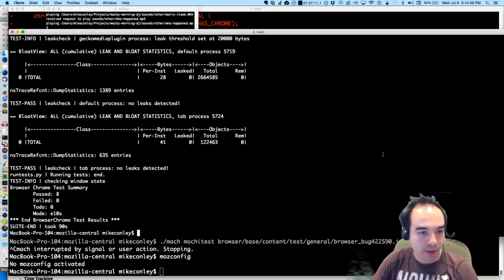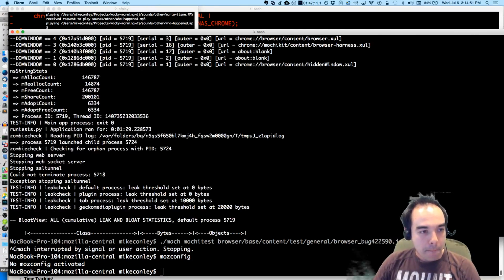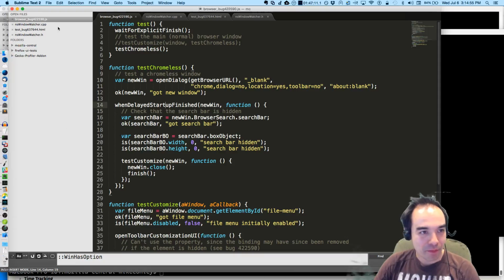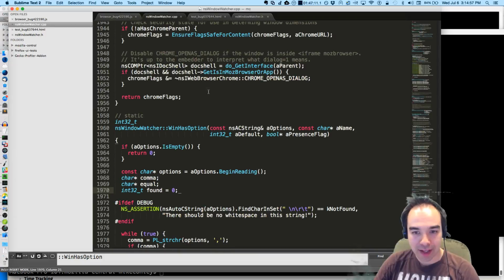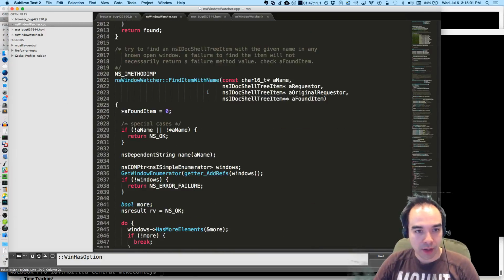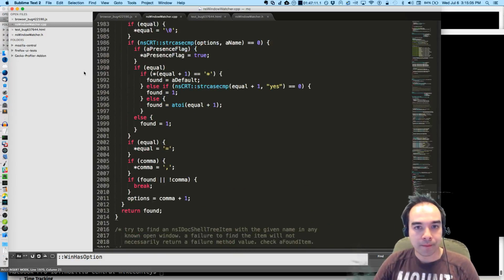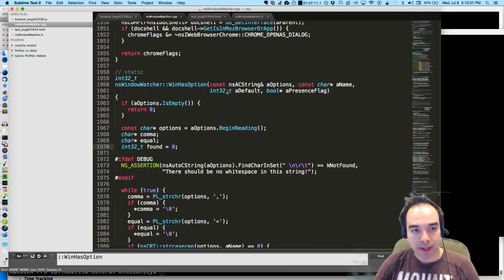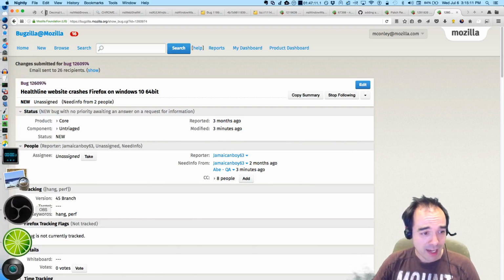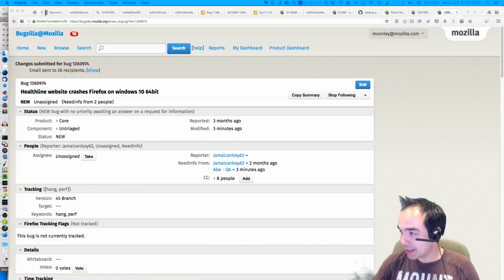Alright, so learned a valuable lesson there about presence flag and how it needs to be passed around. I am going to update the documentation there because that's super, super unintuitive. And that might make it clear for future spelunkers in Window Watcher. But folks, that's it. Figured out what's wrong with that test.